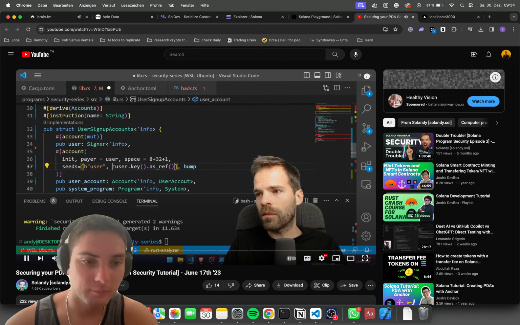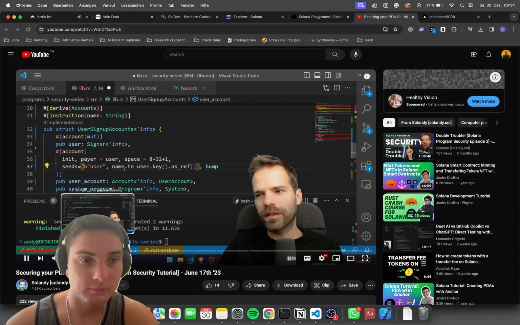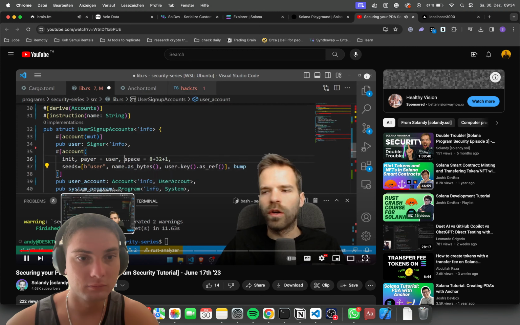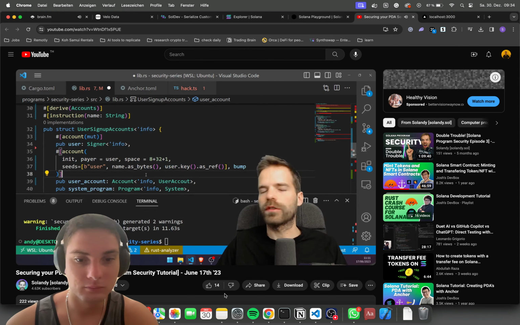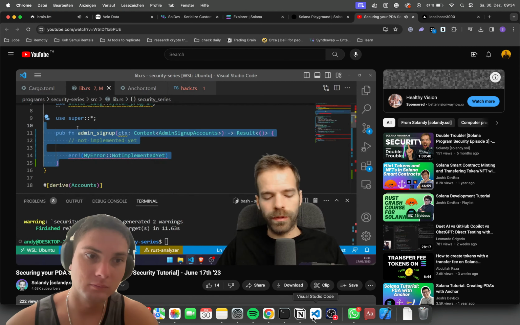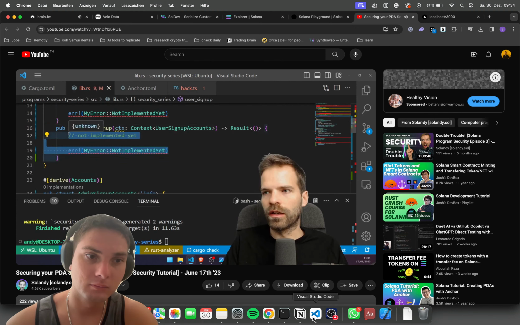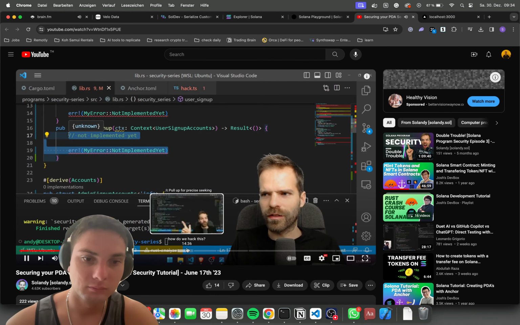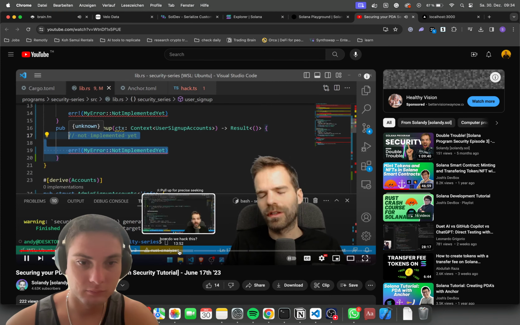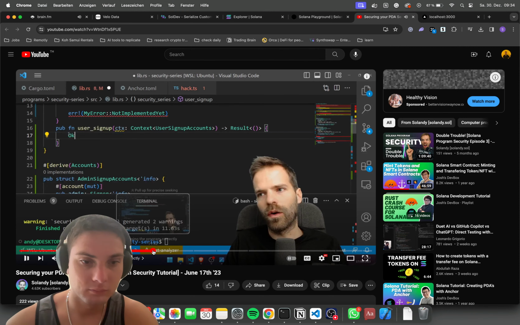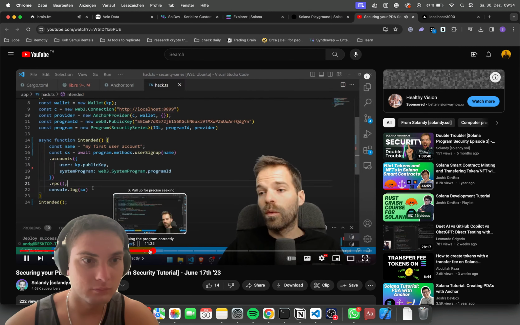The name. Man, I keep forgetting how those functions are called. It was S, but you know, a user can have a different name. We add that as a seed, and then a user can have several user accounts. Perfect. Exactly what I want. We copy a sign up, user sign up accounts, and literally all the user sign up does in this case is create the account, and then it could write something into the account, but like all of a user account. Once I have a user account,